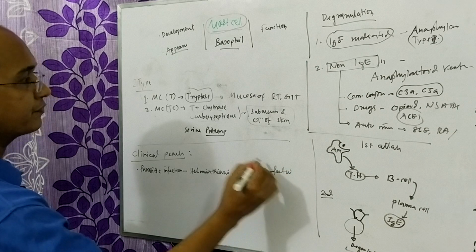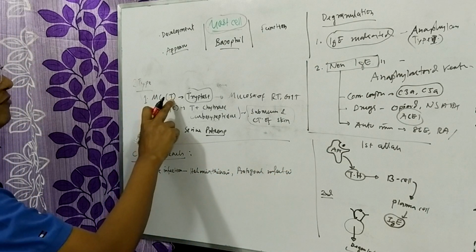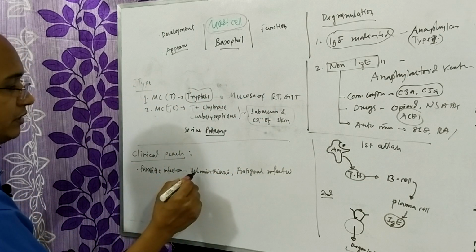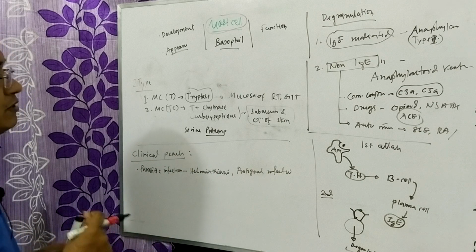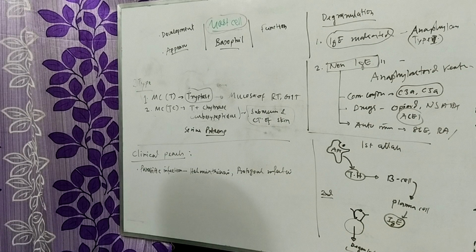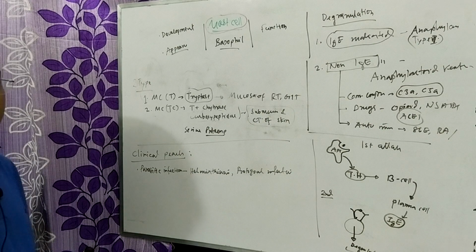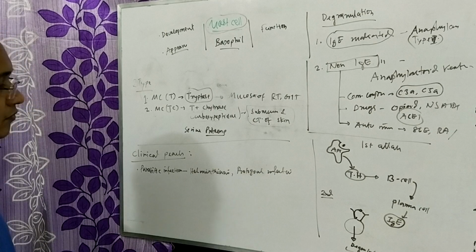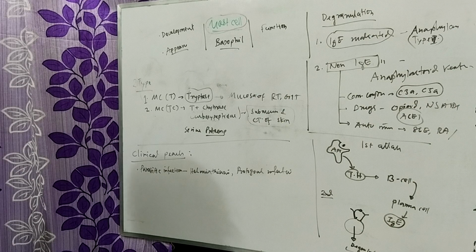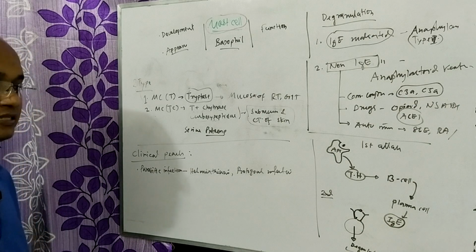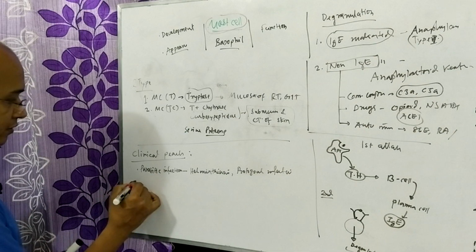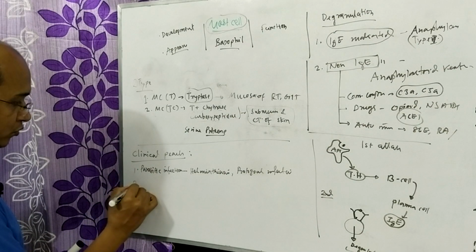As I said, the mast cell T type is present in the mucosa of the respiratory tract and GI tract. So GI tract infection with helminth or protozoa will stimulate the mast cell, leading to itching caused by histamine release. So in case of parasitic infection, mast cell degranulation will occur and it will manifest its clinical manifestation. Okay, now number two, most important,